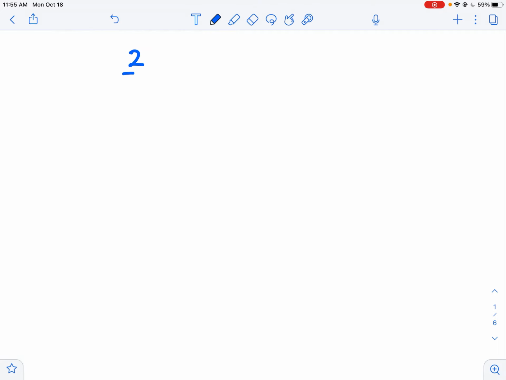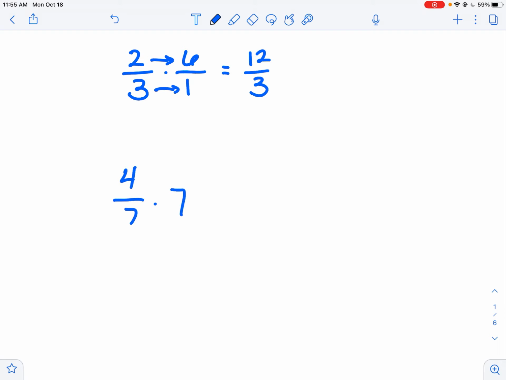Now, what do you do when you encounter a problem where it's like 2/3 times 6? What would I do then? Well, I can rewrite 6 as a fraction. I would just write that as 6 over 1. And I would do the same thing. So I could try, let's say, 4/7 times 7. And again, I can rewrite 7 as 7 over 1